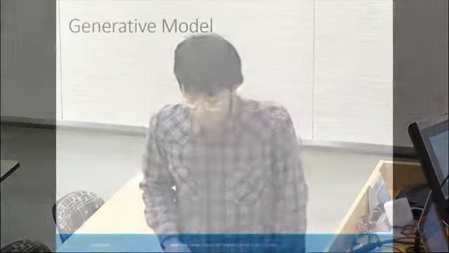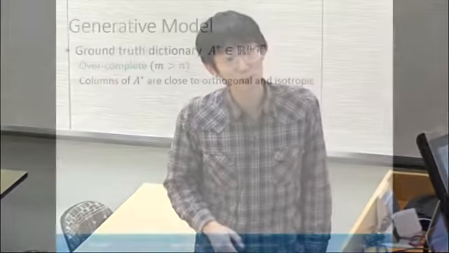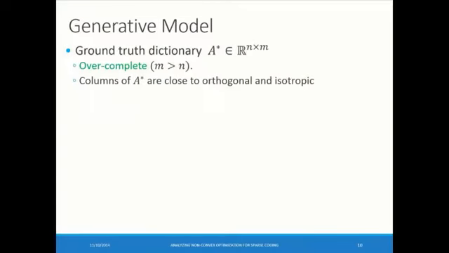So before talking about the theory part, let me talk about this generative model, which was also proposed by Olshausen and Field, and which makes a lot of sense. We need to assume something about our data, otherwise it's too hard. We want to minimize a non-convex function. It's NP hard, and there's no real hope. So basically, we assume that the data is generated from some ground truth A star, the ground truth dictionary,